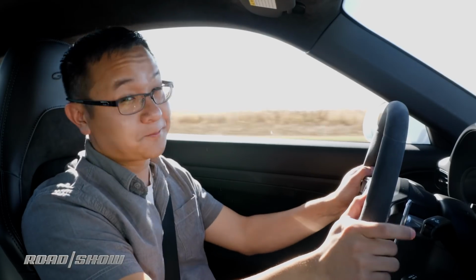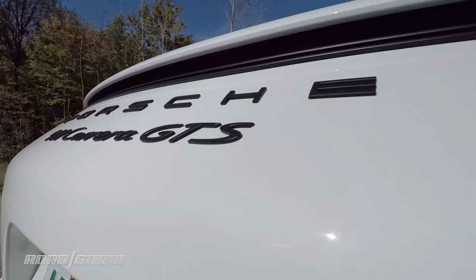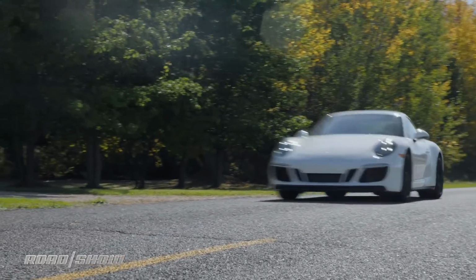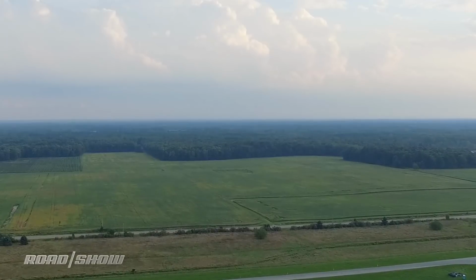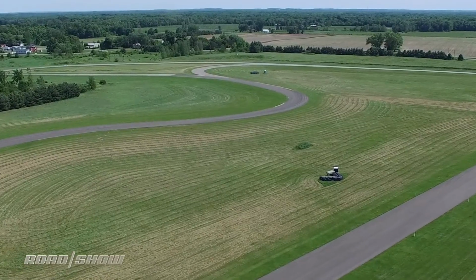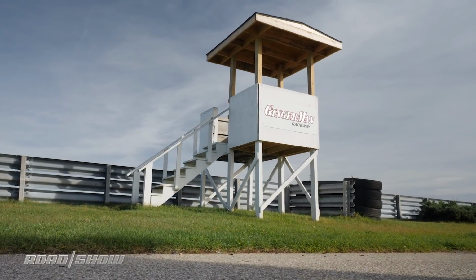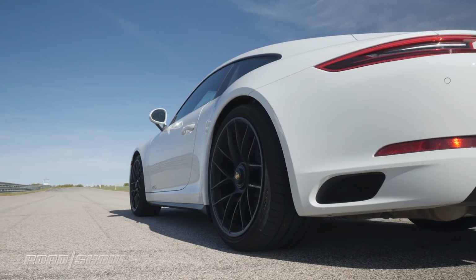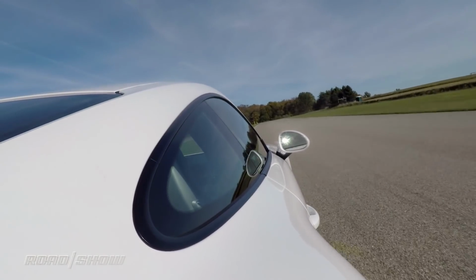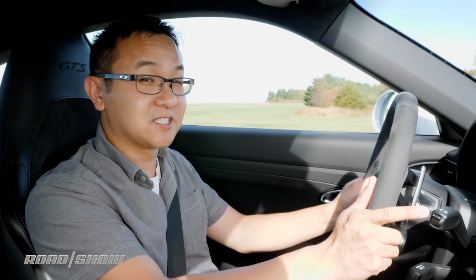A cool thing about this particular car is that there's not a bunch of optional fluff here. However, there is one noteworthy option on this car that requires us to go somewhere special to fully appreciate. And that's a racetrack to give the rear axle steering system a workout, which along with the sports suspension system,